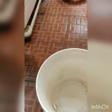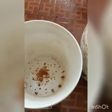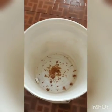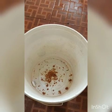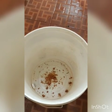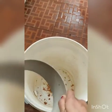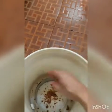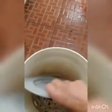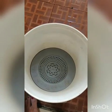So at the base we are going to add a little bit of jaggery. This is needed because as it starts composting, water will be collected at the bottom. If you don't add jaggery, then the good bacteria in it are going to die and it is going to smell. So we have to start with adding some jaggery and keep the stand, and then keep a mesh. Okay, now once this is done,